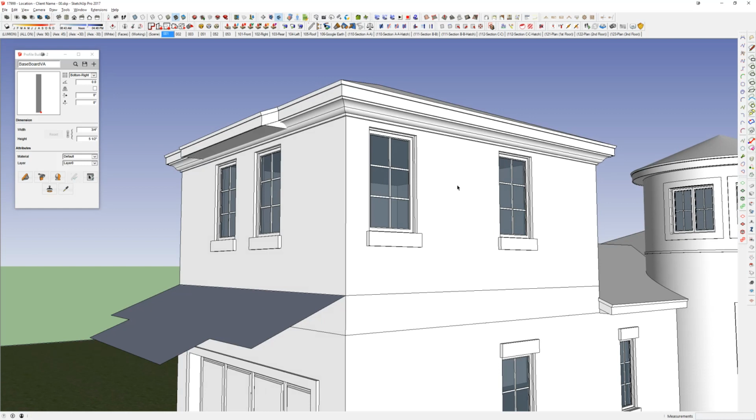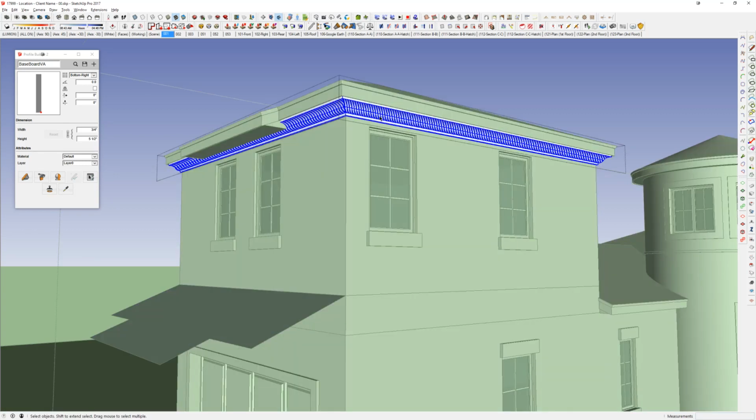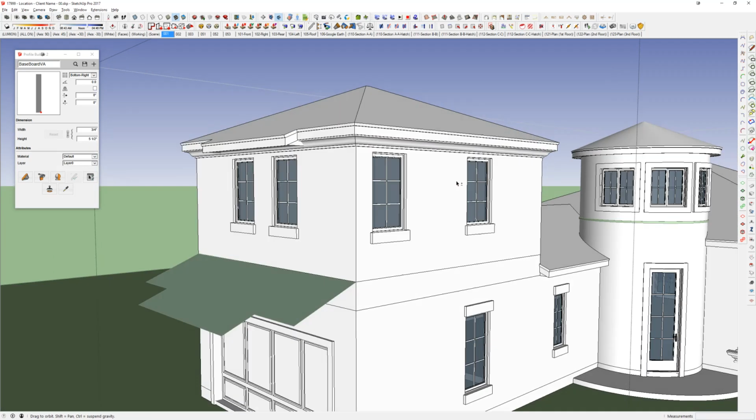Just that easy. Makes sense? I mean, crown is definitely much easier than brackets. Brackets are a little tedious trying to populate the whole thing, but crown molding is pretty easy. Now there's